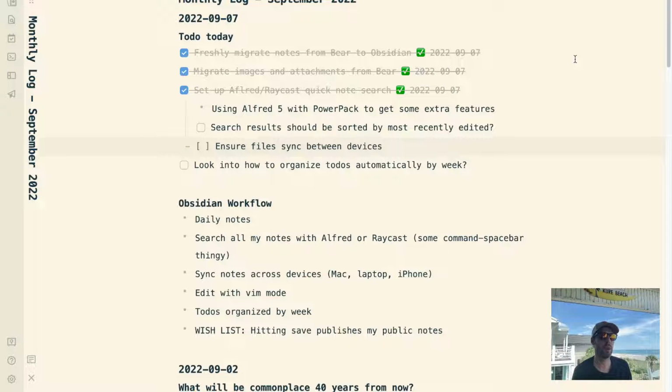But mostly the mode of what I'm doing in Bear and in Obsidian now is quick capturing and crafting and referring to thoughts that I've had in the past, and then creating this interlinked knowledge base, which I can show you a little bit of in just a minute here.